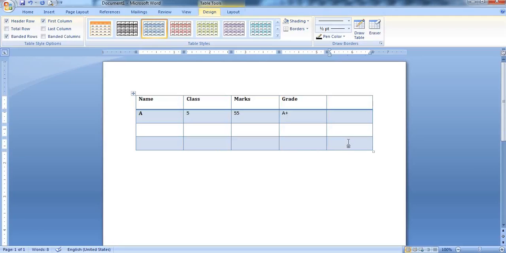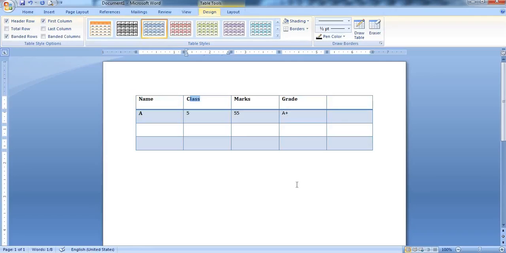Now next you can merge or split the cells of the table. Now what is a cell? I have already told that a cell is the smallest unit of a table, and whenever one row and a column intersect, they form a cell. That means this is a particular cell, this one is also a particular cell. Like this it has many cells in this particular table. Now what is merging?